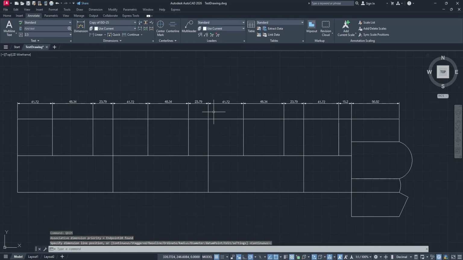This wraps up the essentials of using the QDIM command. It's about understanding how this tool can save you